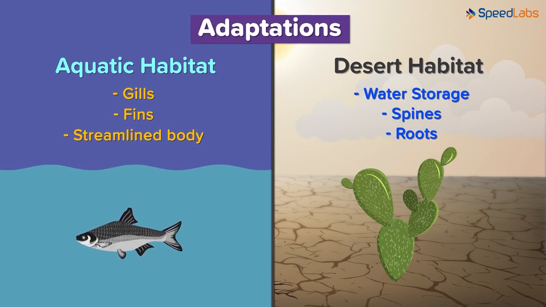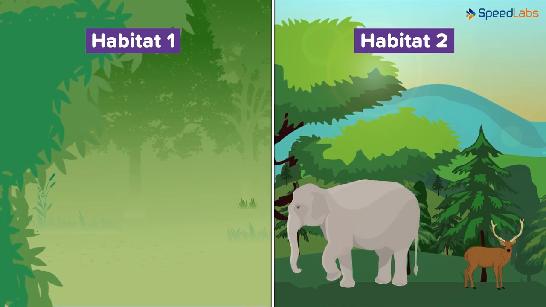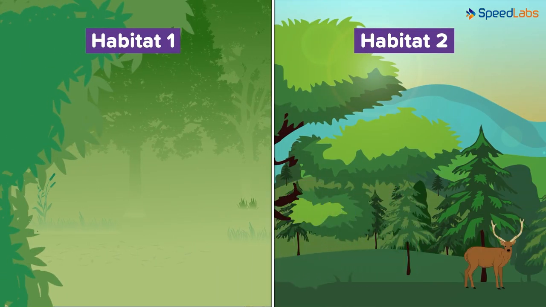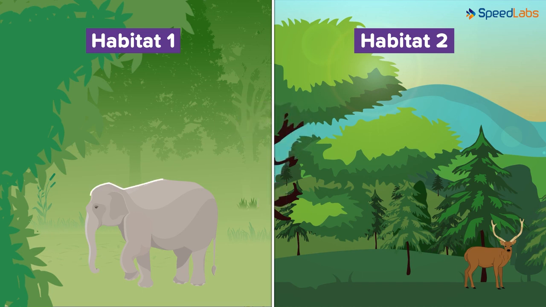Now let me ask you an interesting question. What will happen if we pick up an organism from one habitat and transfer it to a different habitat? Let's assume the habitats are not significantly opposite, but they are definitely different. What will happen? Will the organism die or will it try adapting? The organism will try adapting to the new habitat in the beginning. Only if the conditions seem impossible to live, then the organism quits.